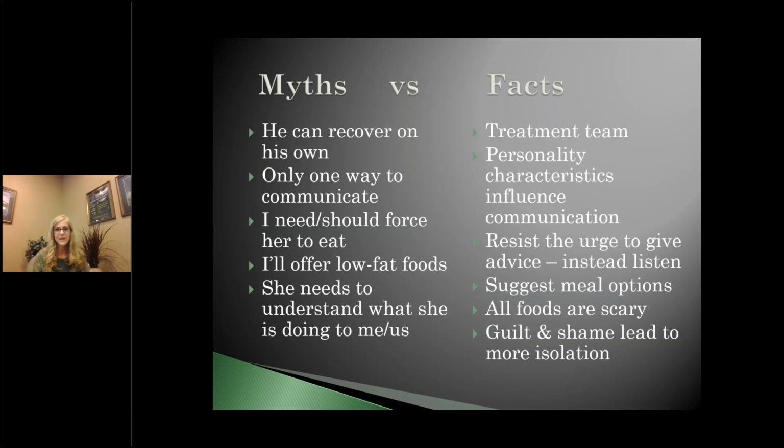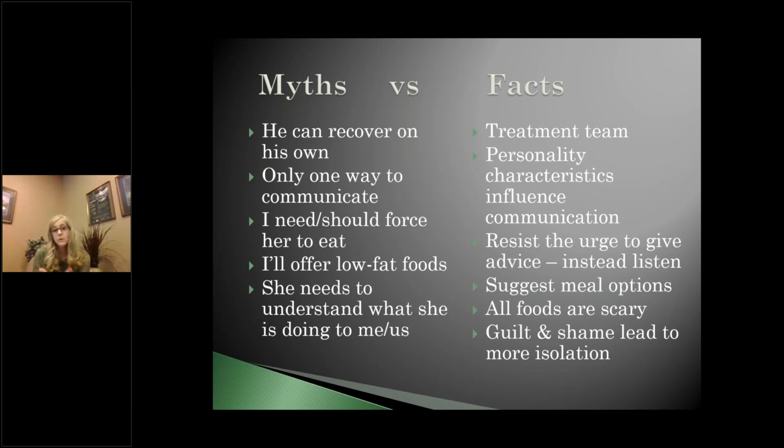What they put on their list is normal to them, but what they hear of their loved one is, "Oh my gosh, I had no idea you felt that way." And so it helps the caregiver know how they're feeling. Certainly, again, you don't want to let that eating disorder hold you hostage, so you're not going to placate the eating disorder, but you're going to understand a little bit more of the plight that your loved one is experiencing. And then guilt and shame, we'll skip over that, hop over to myths.